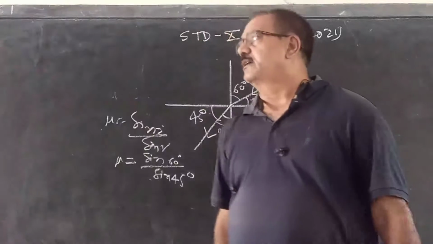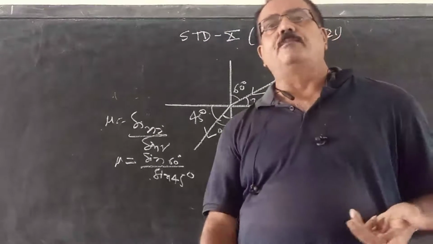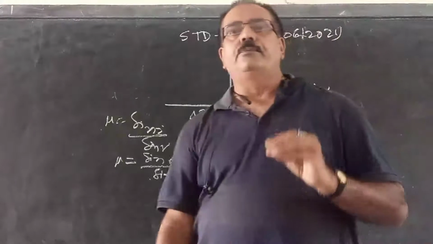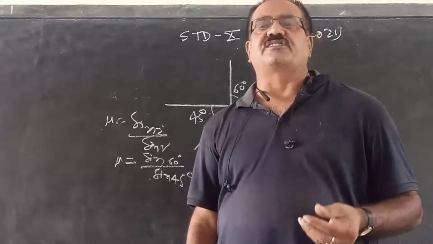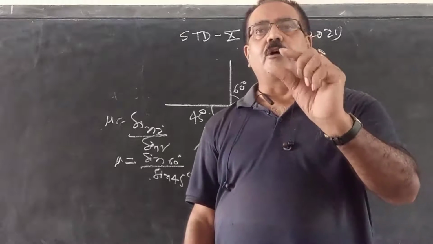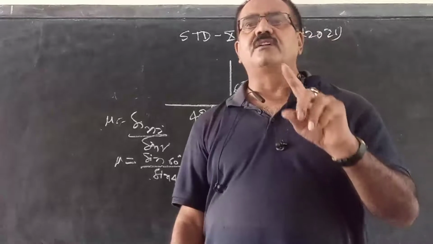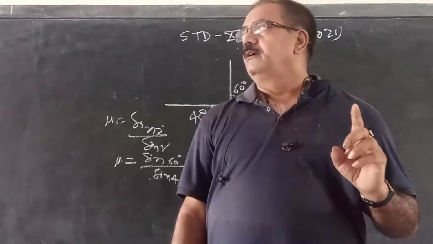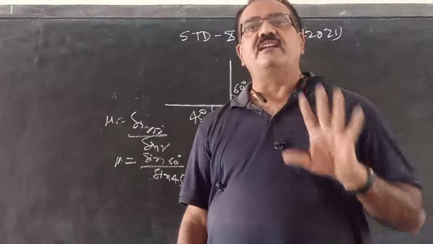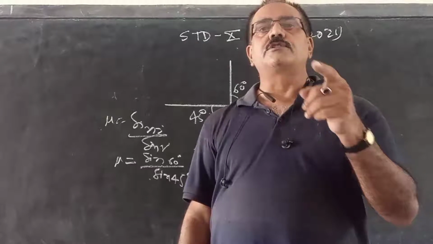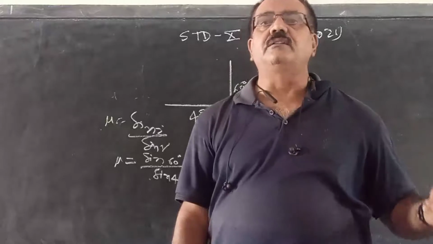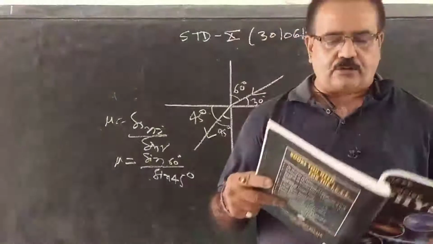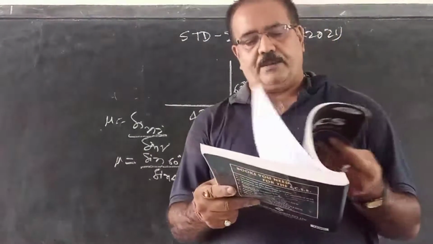So for this type of question, an incomplete ray diagram will be given and you have to complete the diagram. And for the numerical problems, 4-5 numericals are given in your exercise, and they can be solved using only 3 formulas. First, v is equal to f lambda. Second, mu is equal to sin i by sin r. And third, mu is equal to speed of light in air by speed of light in any other medium. By using these 3, you can solve all the numerical problems.